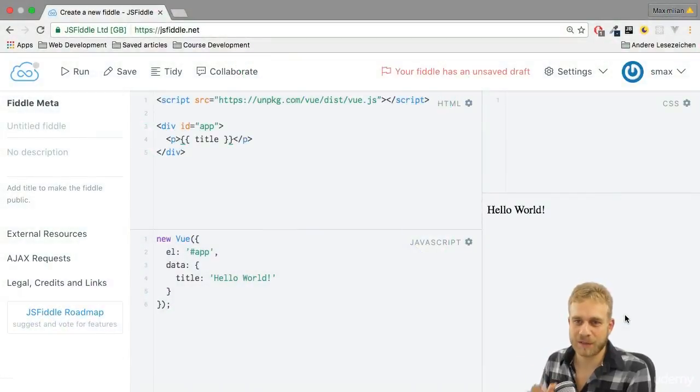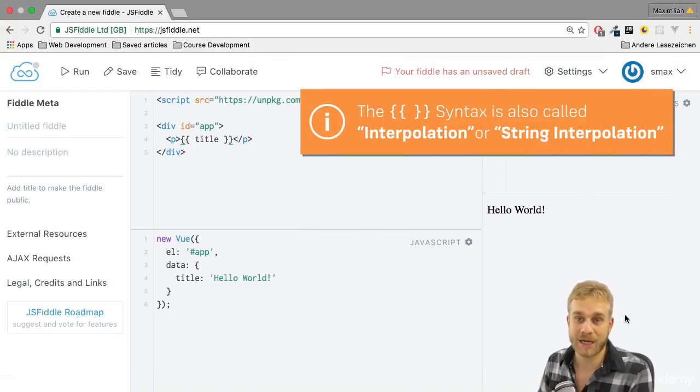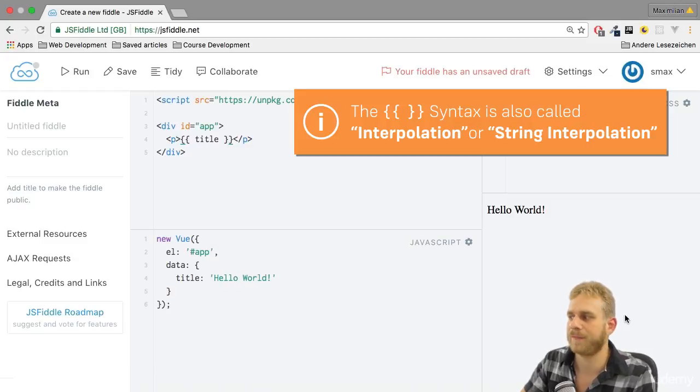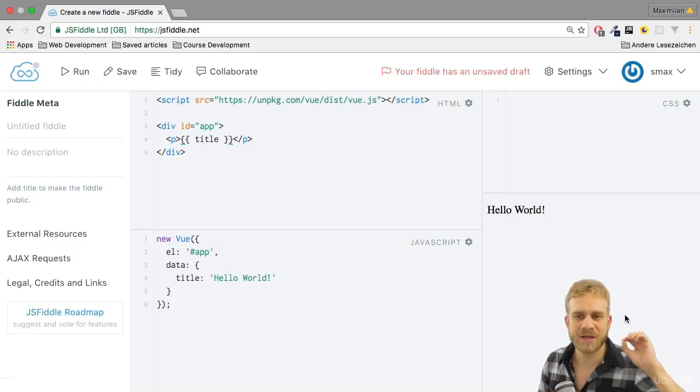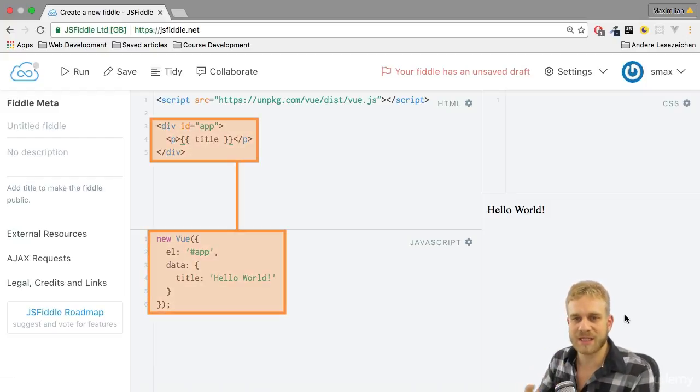So back at JS Fiddle in a brand new project, though a very simple one as you can tell. I do have my paragraph where I output a title, and the title is simply Hello World here. So pretty much the same as we had in the first module, just different text and a little bit leaner, no event as of now, because what I want to start with is this connection between this Vue instance and